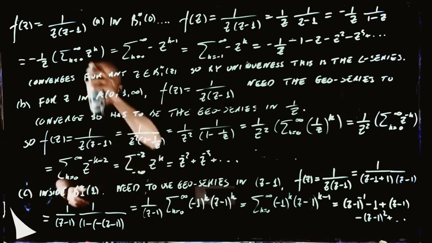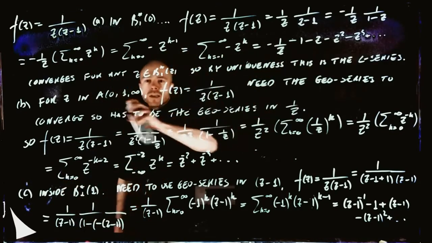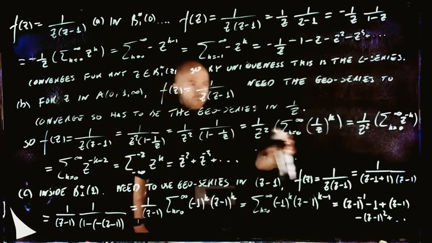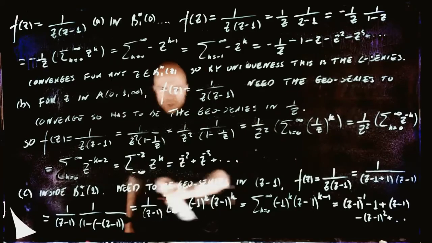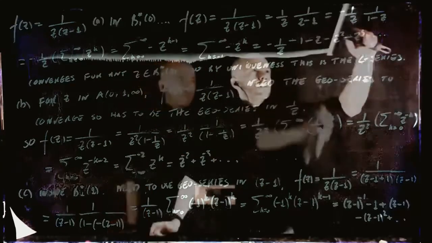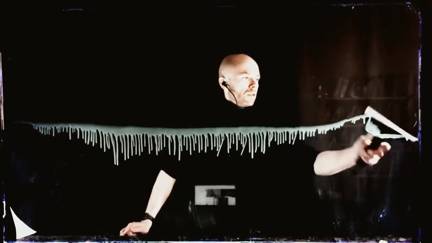So as I raise the board, think about how we're going to do this. Again, we're going to use geometric series somehow. What are we going to use as the thing we expand inside the geometric series? We have to use either z or 1 over z, z minus 1 or 1 over z minus 1, given that we have a Laurent series which has positive and negative powers. So we need one of those four things to be expandable inside our domain, right? And in the domain, which is the annulus centered around 1, which goes from 1 to infinity, then this thing